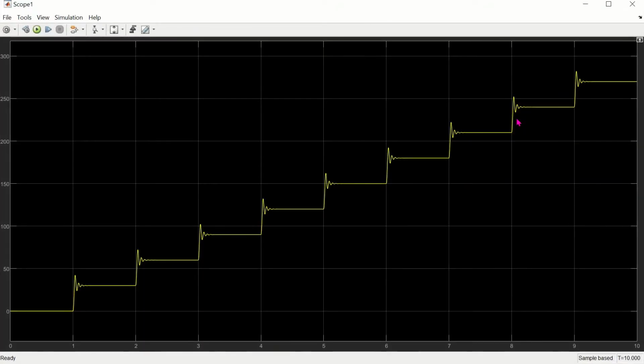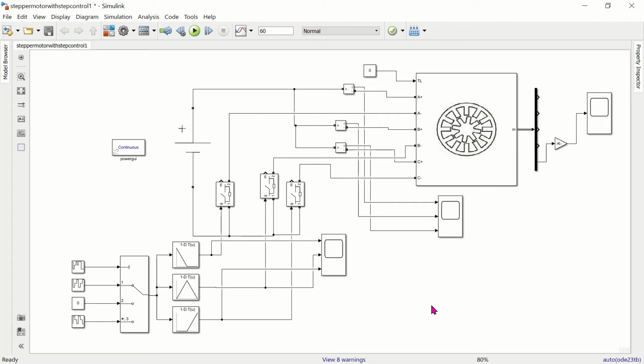This is the rotor rotation. Here it makes an angle of 30 degrees for each excitation: 30, 60, 90, 120, it goes in steps. In this simulation file, I removed the current control loop and put only the trajectory generator. The trajectory generator decides in which way you have to run your motor, whether forward, reverse, or halt. All these things are decided by this trajectory generator.